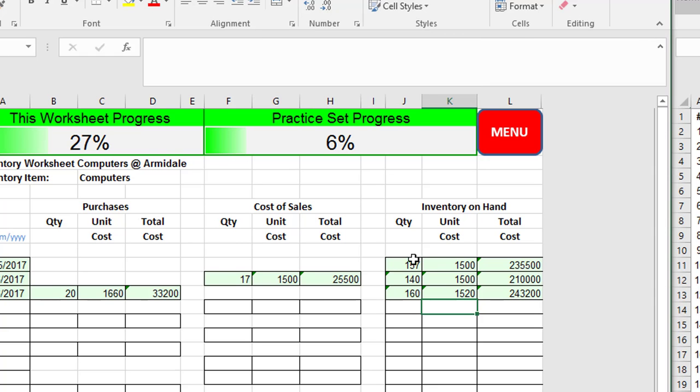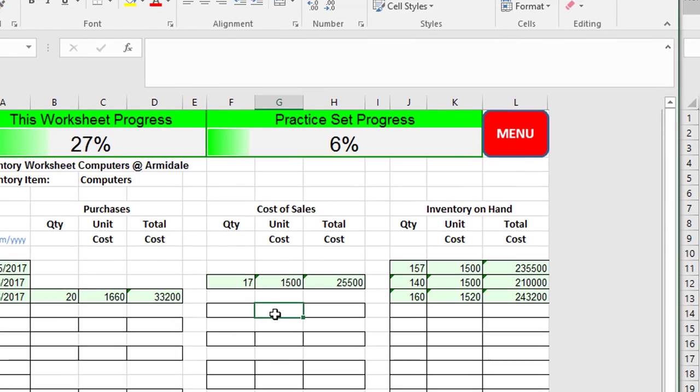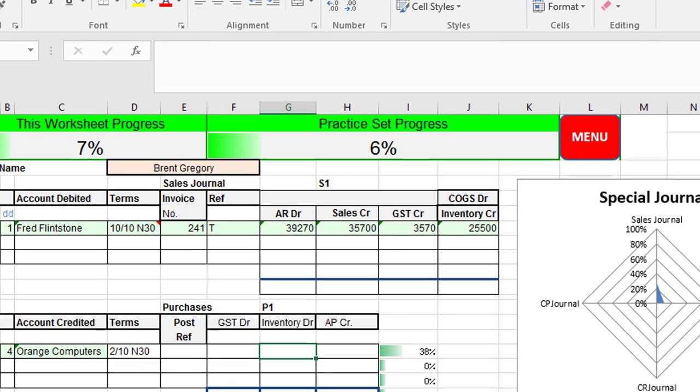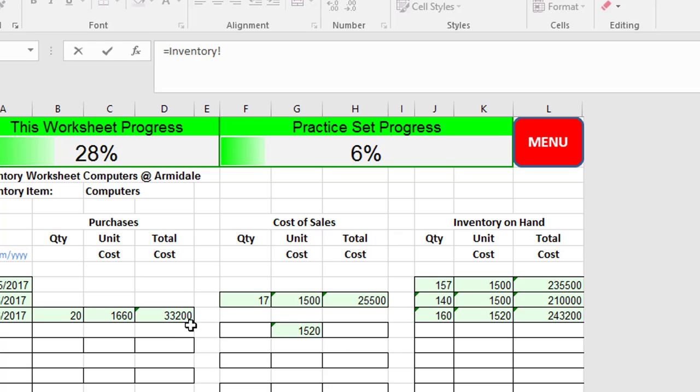Now, why is that significant? Well, when we make a sale next time, that's going to be the average cost of the computers. So, now that we've done that, we can go back to the special journals and continue on. So the inventory debit, we work that out, is